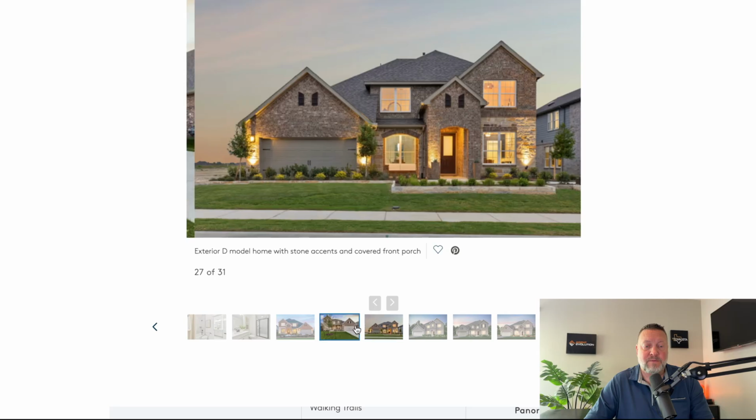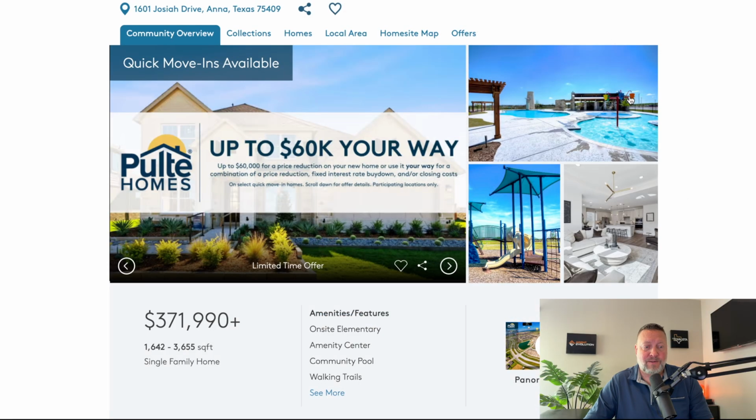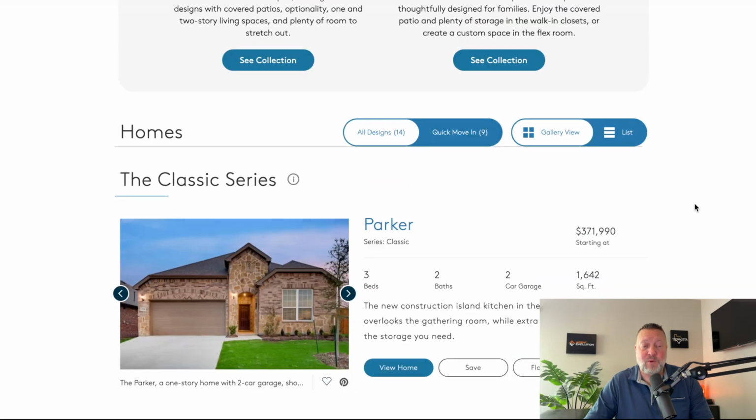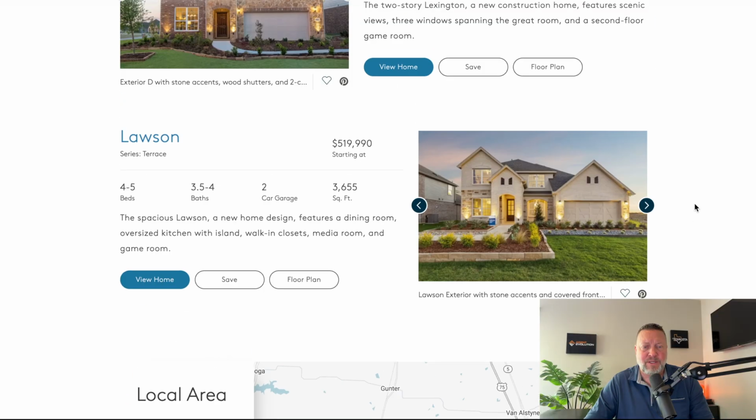Where's my favorite? I like the porch. You know, that gives a nice little warm, welcoming, hey, there's a family living here. Sit on the porch, say hi to your neighbor sort of thing. And that was the biggest one. Let's see, I'm going to scroll down here, try not to make you dizzy. That was the Lawson,